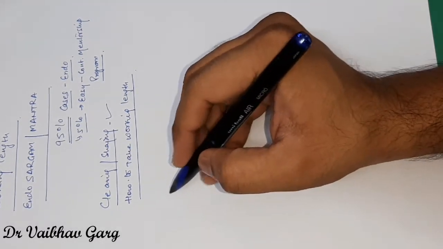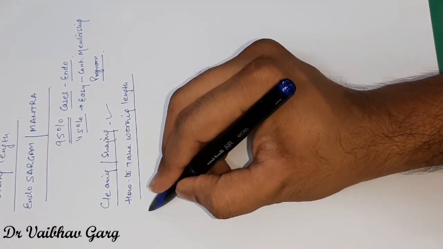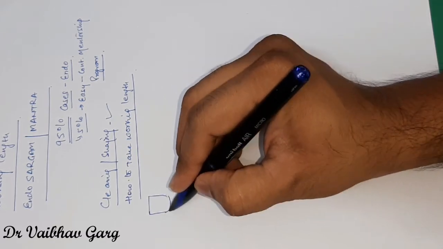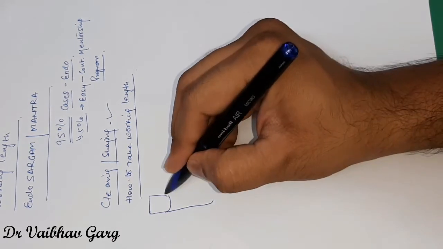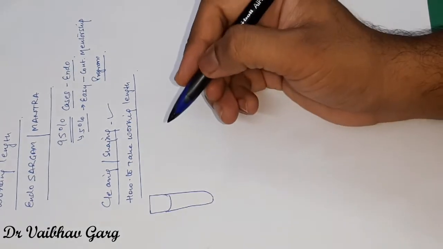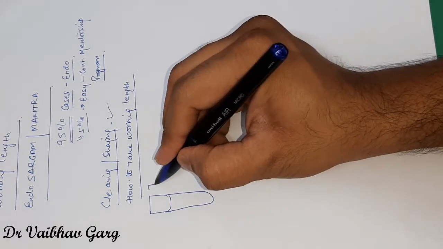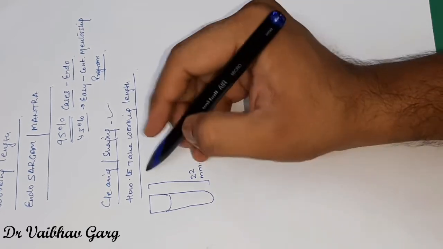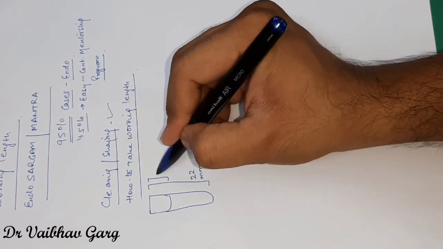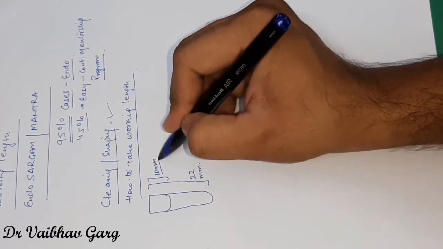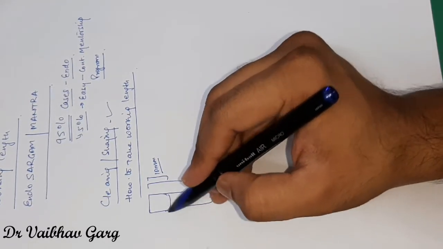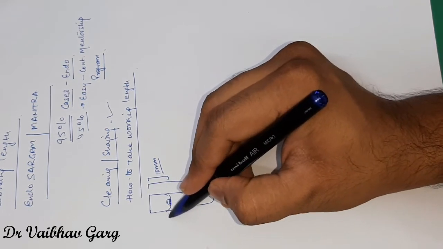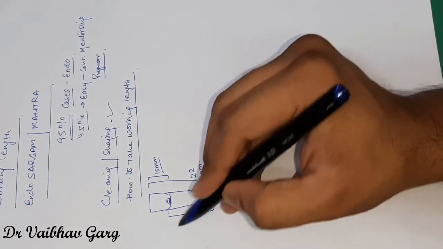So let's take a very easy example of a central incisor, because it is easy to understand how to take working length and how to go about it. So let's consider this is a central incisor. The entire length, let us consider as 22 mm, and usually the crown is 10 mm. So the focus is on this side, from the orifice that will be at the CEJ till the apex.